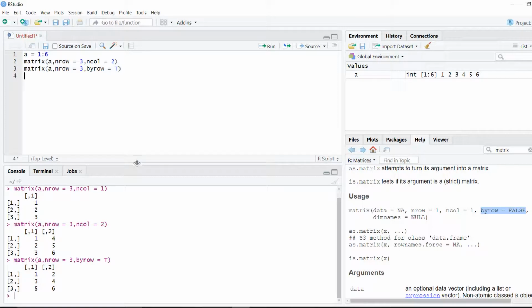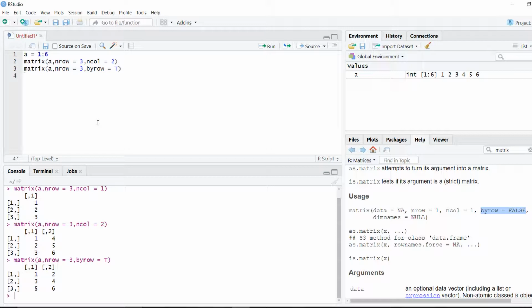Now usually matrix is used very similar to a vector, but usually matrix has two different dimensions. So let's say I am trying to measure in each day what is the temperature as well as how much rainfall did I receive. So I have two different things to measure and I have multiple days to measure. So that is why I have two columns and I have, let's say, 7 days or 5 days or 3 days in this particular case.